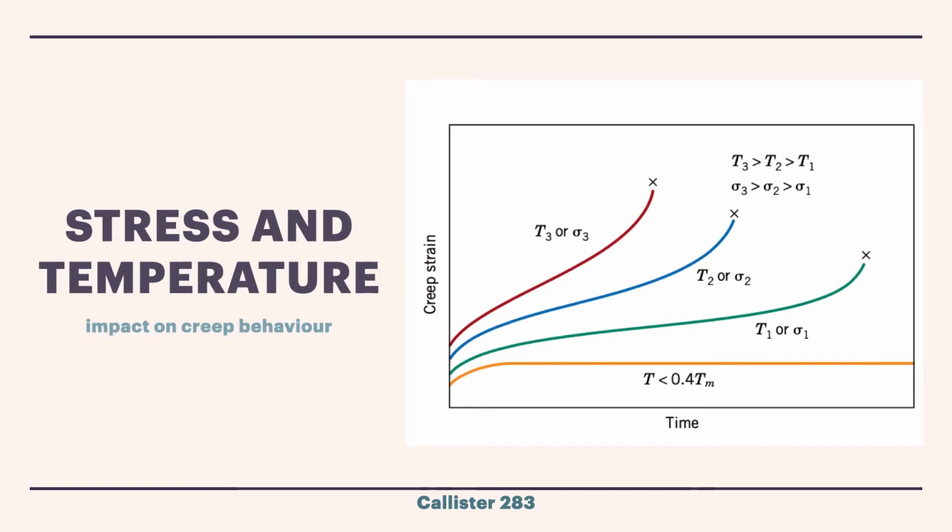The impact of stress and temperature on creep behavior can be seen from this graph. There are a few things to be observed as the temperature or the stress applied increases. The instantaneous deformation or the jump increases when the load is given. Note that this affects metals at temperatures greater than 0.4 times its melting temperature, Tm. Also, the slope of the graph increases, which means that the rate of creep strain increases. With this, the lifetime of the material also decreases since the material came to a rupture more quickly.